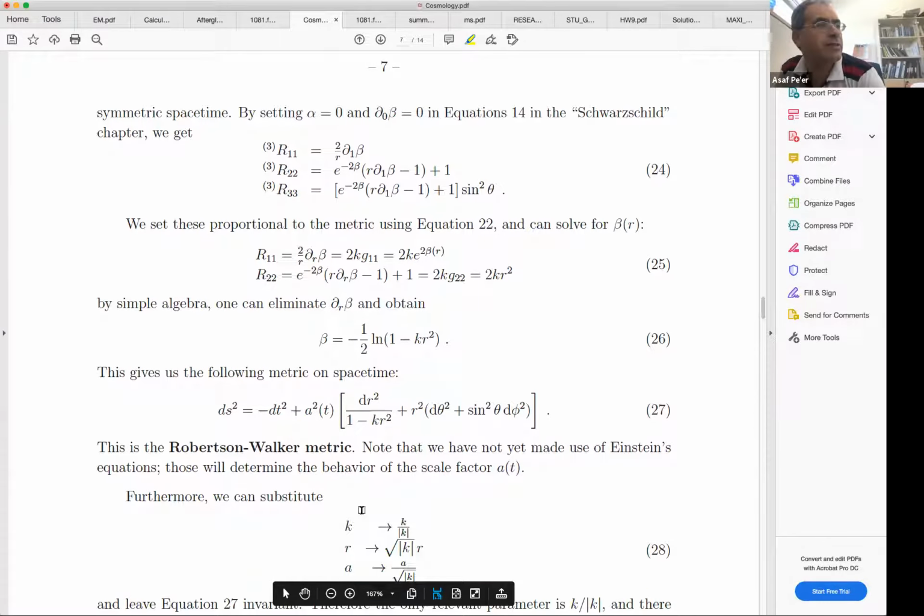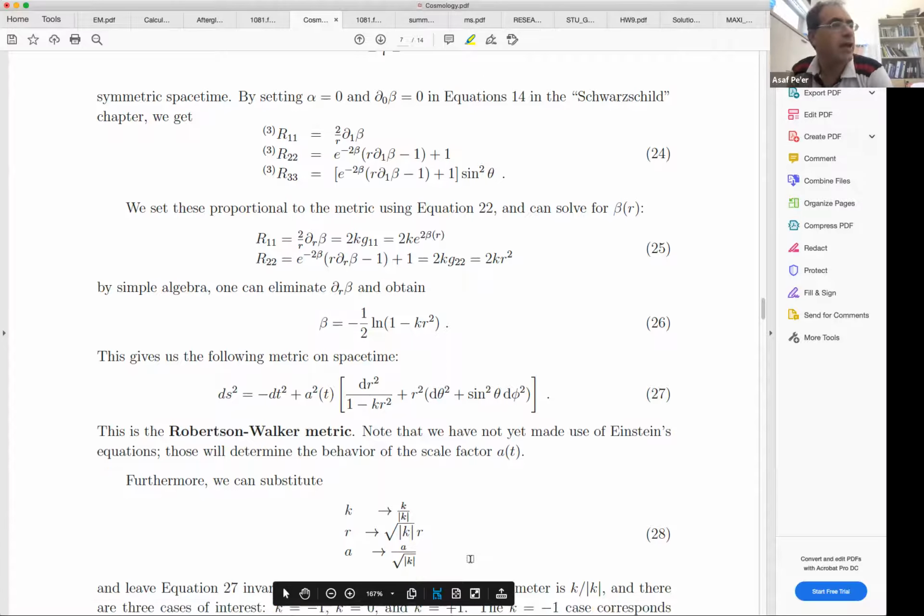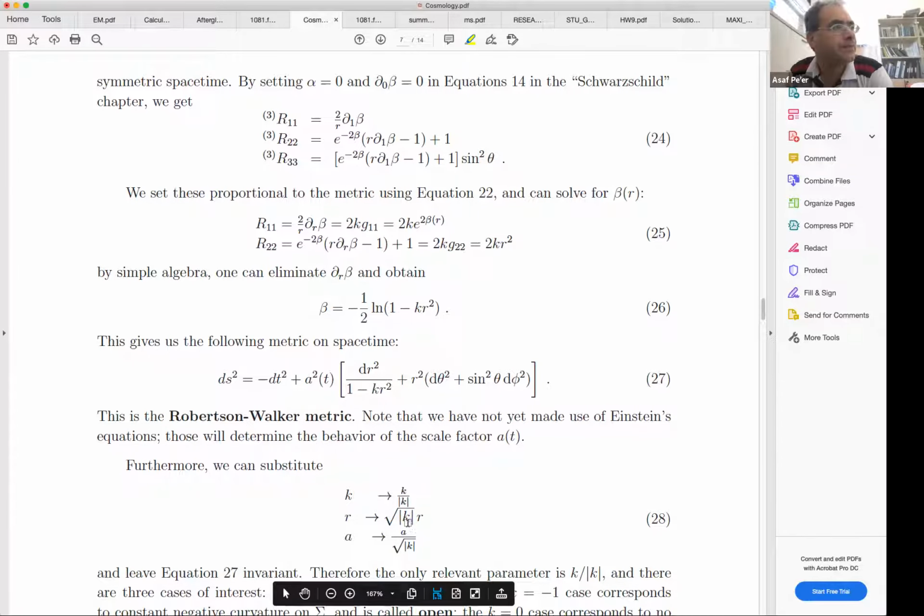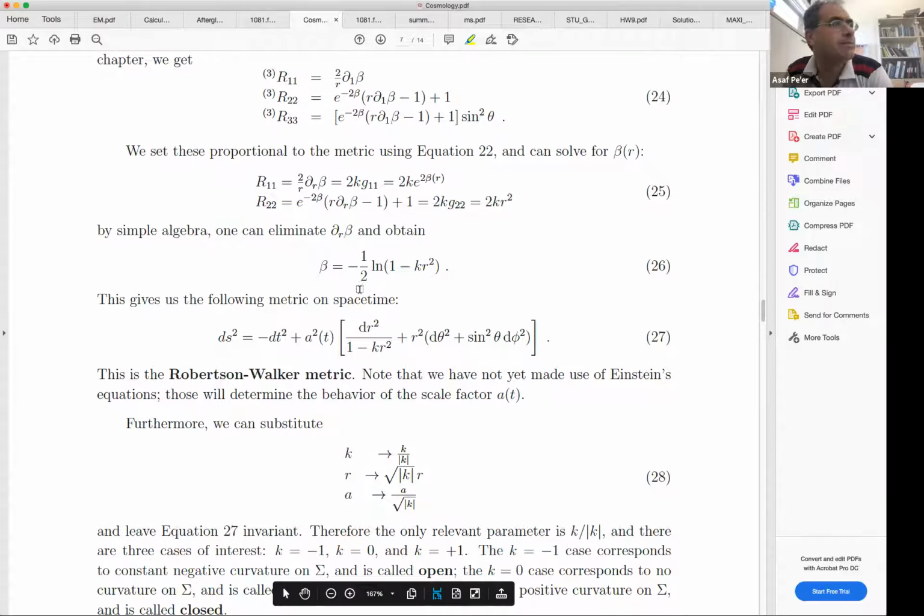Because if you look at that, you see that if I normalize k to k divided by its absolute value, and at the same time I normalize r to r times square root of the absolute value of k, and at the same time I normalize a to a divided by square root of the absolute value of k, then this equation looks exactly the same,